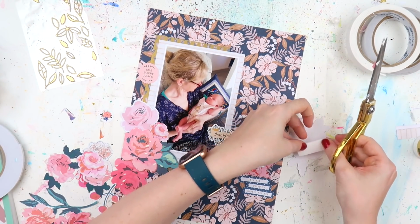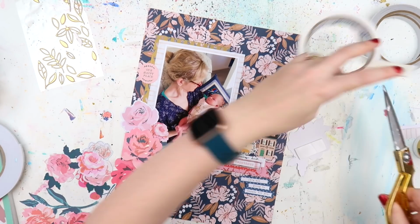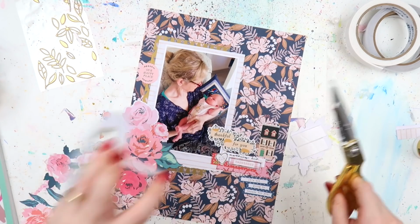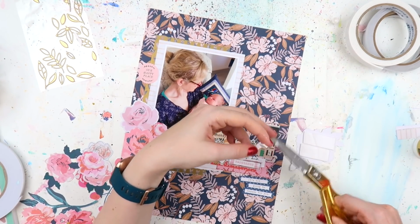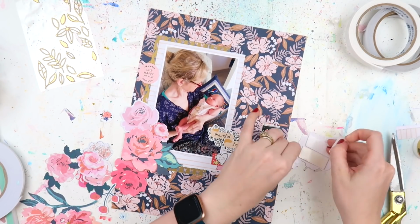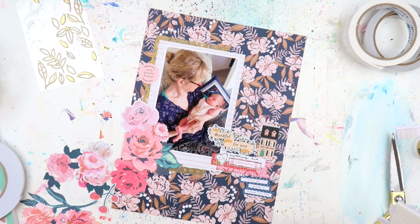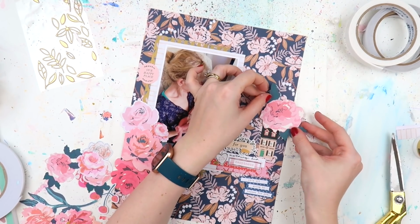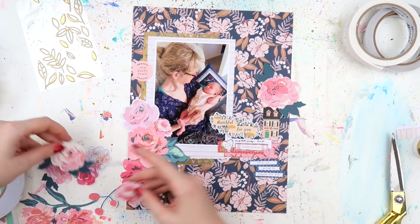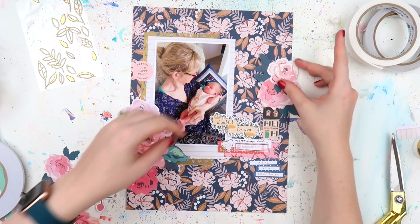There were some of them that I placed up on craft foam, and some of them I just tucked in with normal adhesive and had them flat. I think I also cut off some of the leaves of a couple of them because it was just a bit too busy. But I really love the way that this did turn out. And yes, it's a busy page, but I really love it. And the focus still is on that picture,